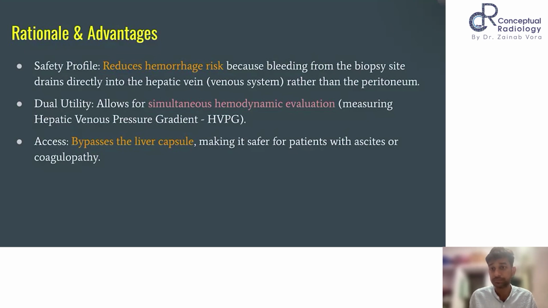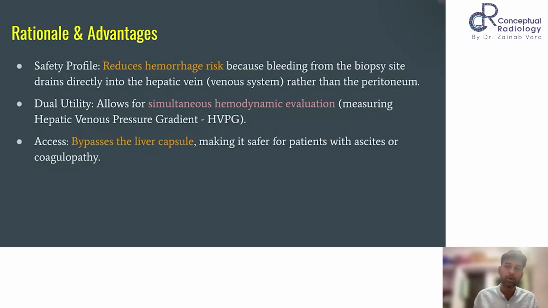So there is nothing we can do if there is a hemorrhage and it is going to drain into the peritoneum. And the risk, as we know, is increased when the platelet count decreases or the coagulation parameters increase, the commonly used one being PTINR. So when PTINR is abnormal, or the platelets are abnormal, the cutoff taken for platelets is 50,000. And for PTINR, although literature varies, 2 to 2.5 is the cutoff above which we do a transvenous